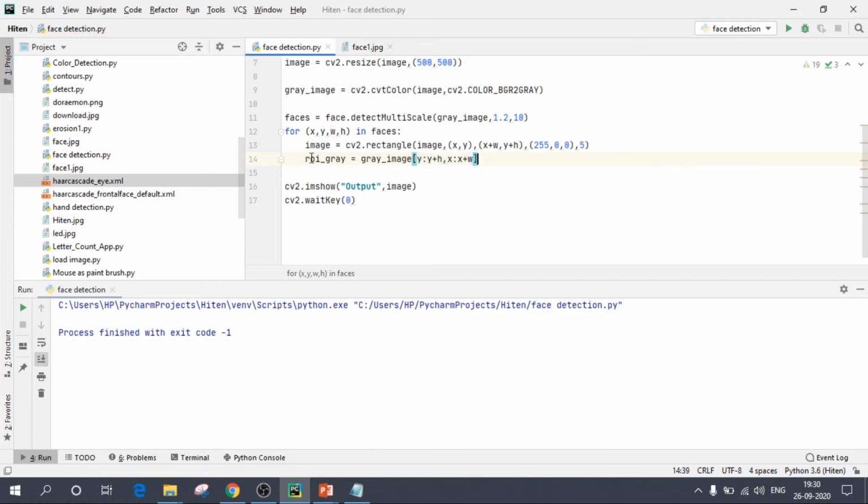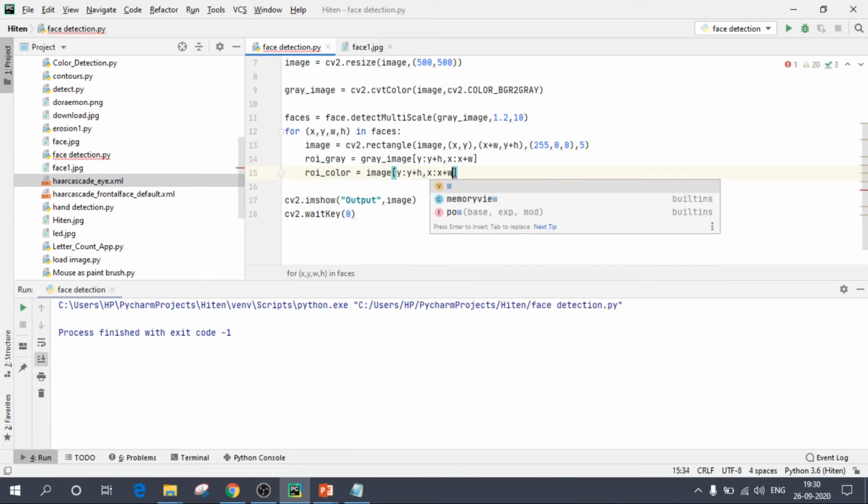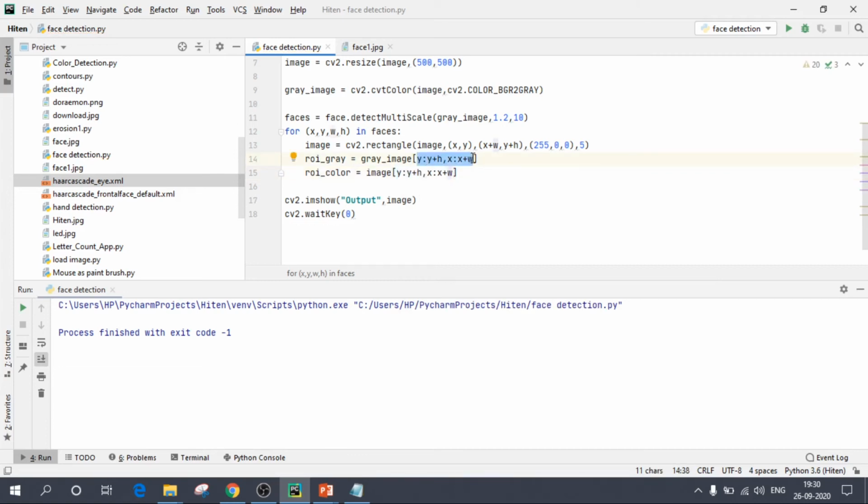Since we have done it for the gray image, we will also do it for the color image. So I will create one more variable called roi_color equals to the name of the colored image, that is image, and comma y to y plus height, comma x to x plus width. Basically this is the region of interest inside the detected rectangle, where it will detect our eyes.